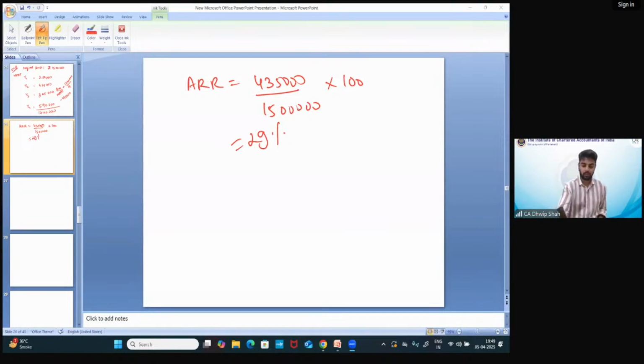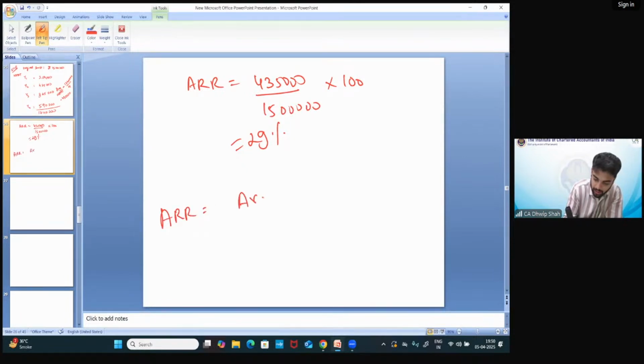Are you following? So accounting rate of return is the only technique where significance is given to NPAT rather than cash inflows. Okay? Because you are giving relevance to the word accounting from accounting perspective and not from FM perspective. Understood? Sometimes formula of ARR